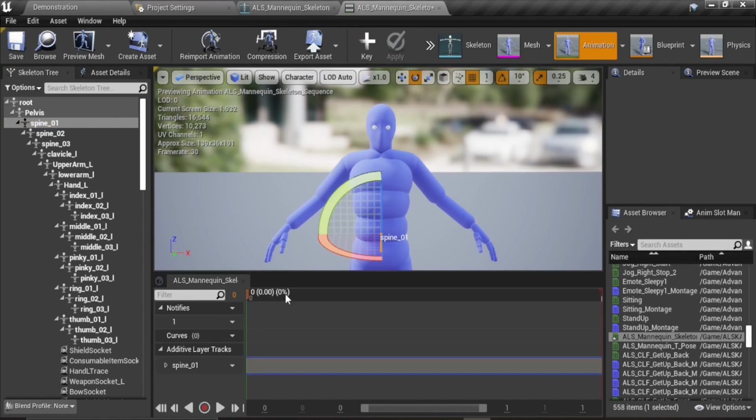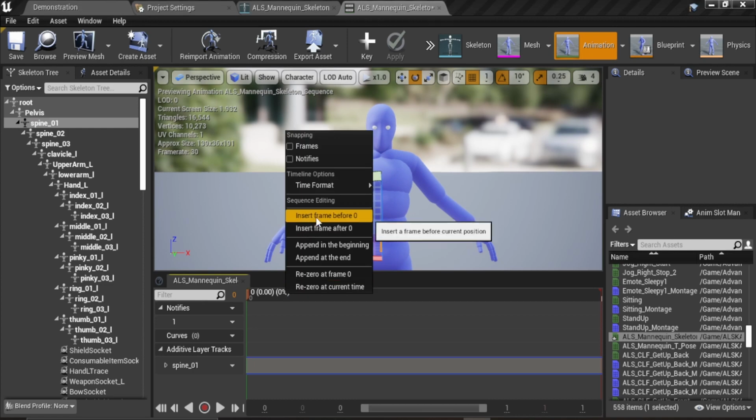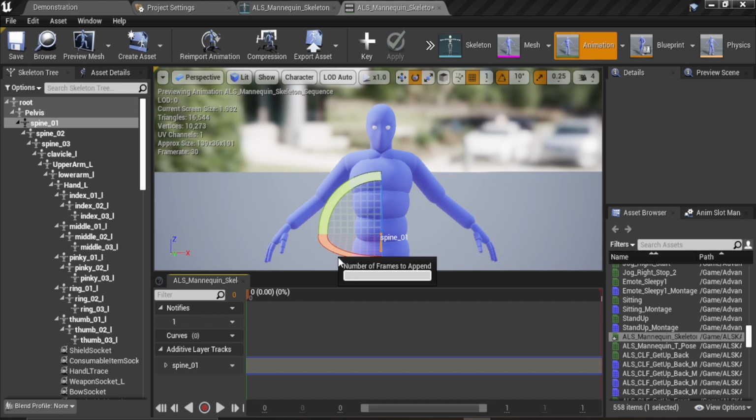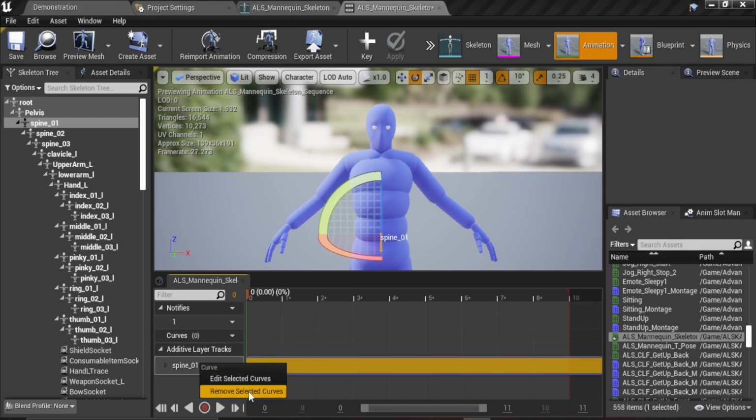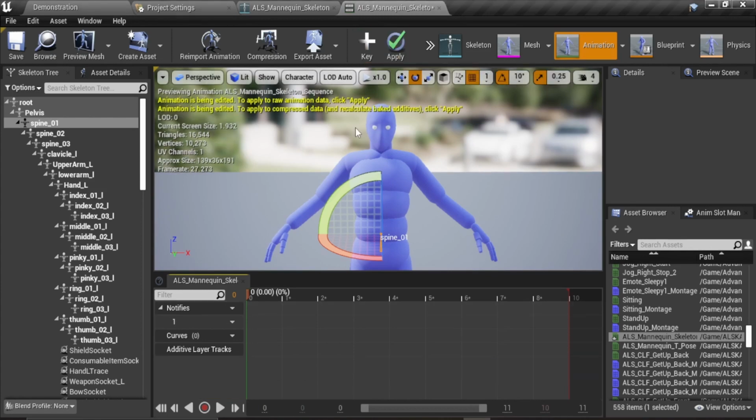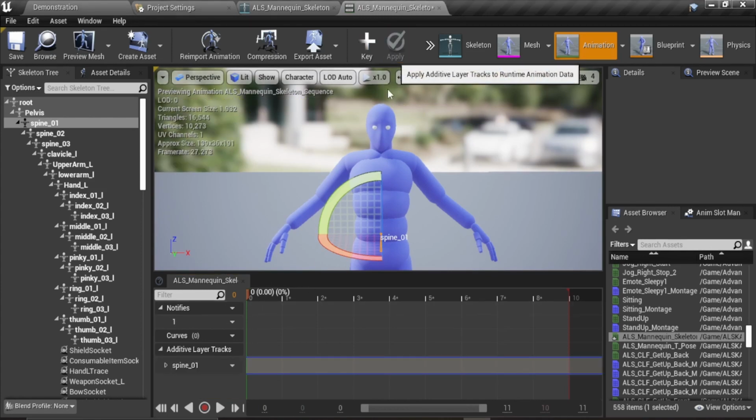In this case, my animation doesn't have frames because I just created the animation. I can insert frames before and after, or I can append. If I append, I can select the number of frames that I want to add. Let's say 10. I'm going to delete the layer. And the same, I'm in the frame 0, add a key, apply, and I will move to the frame 5,